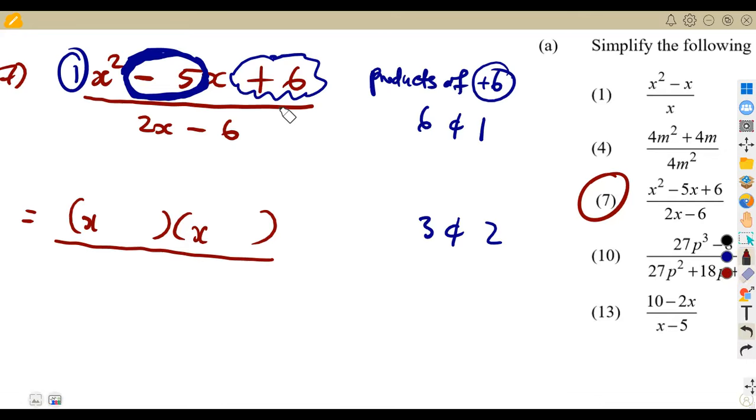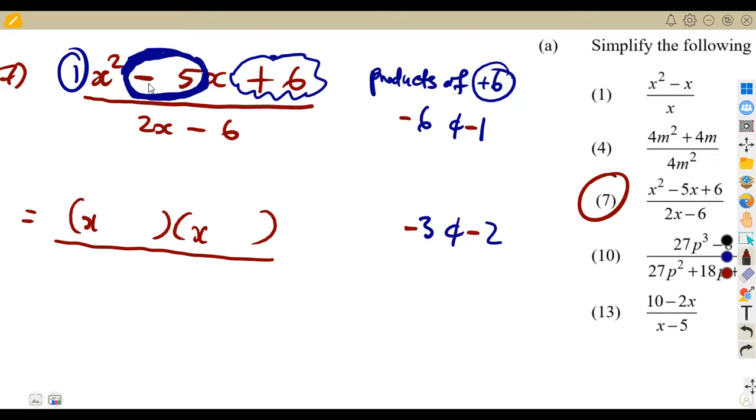But you're supposed now to consider them as negative, since the middle term is carrying a negative. So that means I'm going to put a negative here and a negative. Remember, negative times negative gives us what? A positive. So -6 and -1, if you multiply them, you get a positive 6. The same thing, -3 and -2. If I multiply this, I get a positive 6. Okay, so that's the idea. But if I add these products, if I add these two,